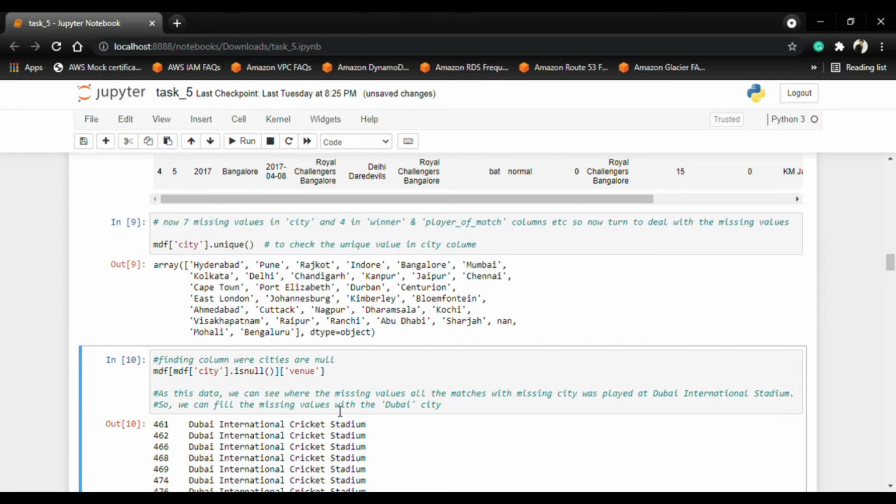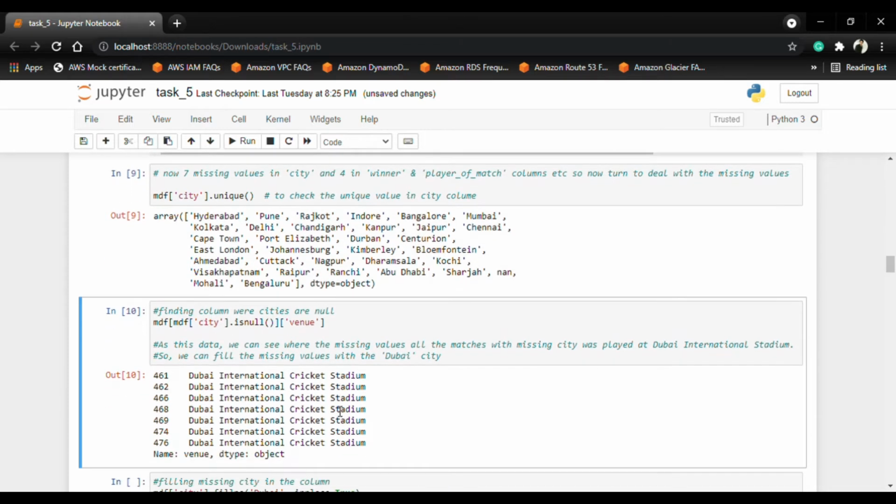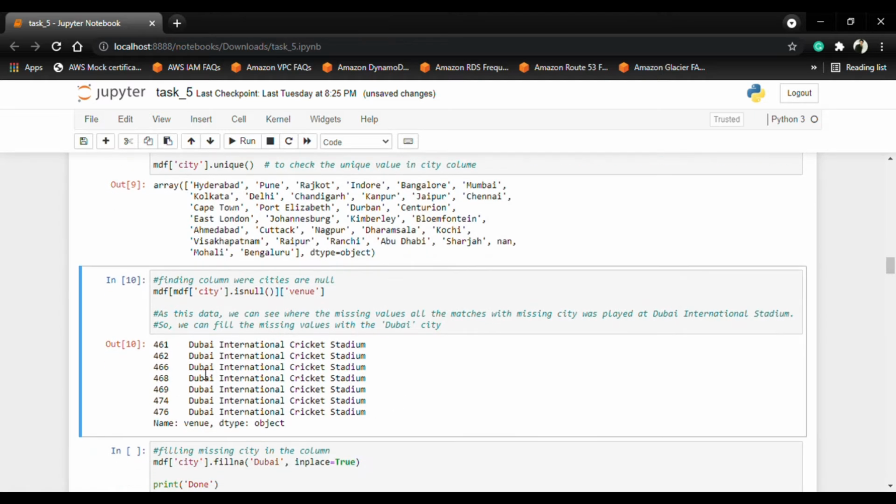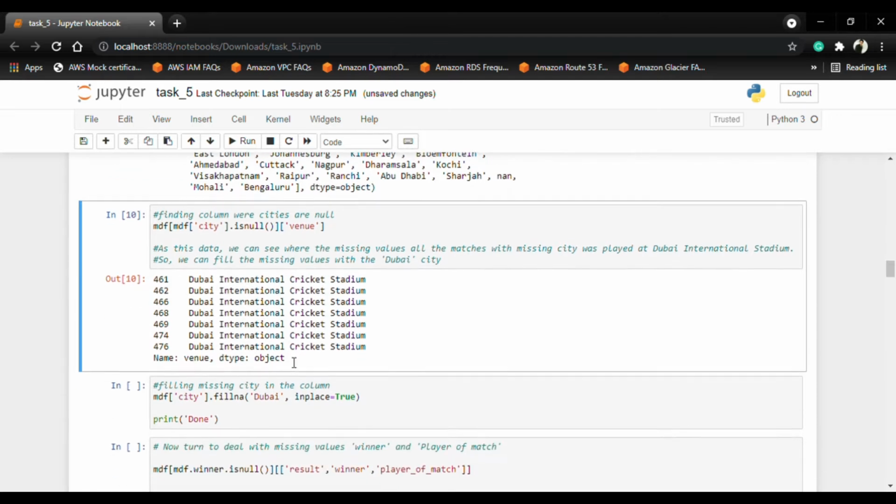In this result, we can see all the matches with the missing city were played at Dubai International Stadium. So we can fill the missing value with Dubai.